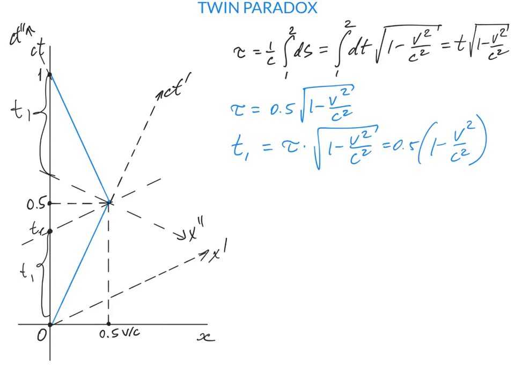Well, the thing is that events that are simultaneous in the reference frame K prime, which is this point and the point of reversal, are not simultaneous in reference frame K double prime. So in K double prime, this point is simultaneous with this later point on Earth. So it looks like while Alice's rocket reverses, during this very small amount of time, Bob actually ages